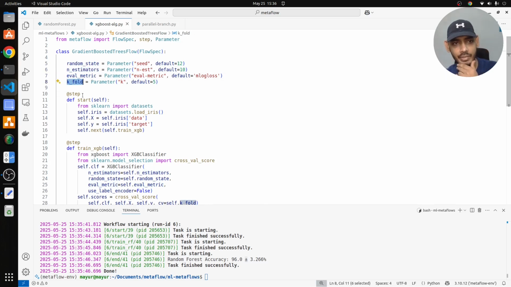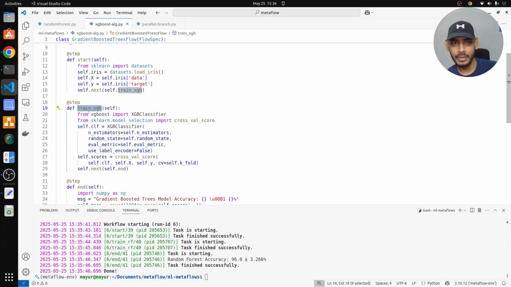Again we have the step function created using the step decorator. Here we import the dataset again and connect it to the train function. Here you will see we are loading our XGBoost classifier, again importing cross_val_score, and training the model here. Okay, once the training is done,